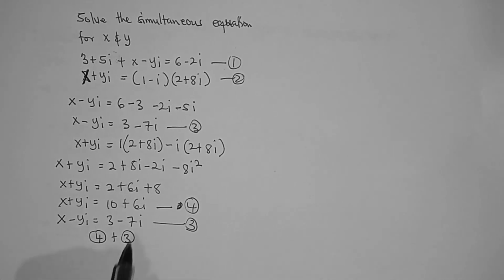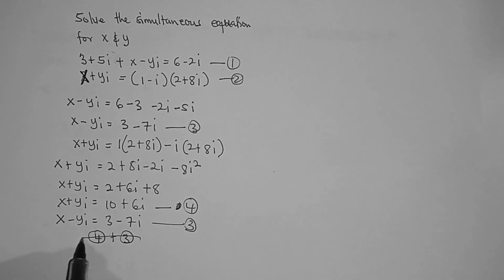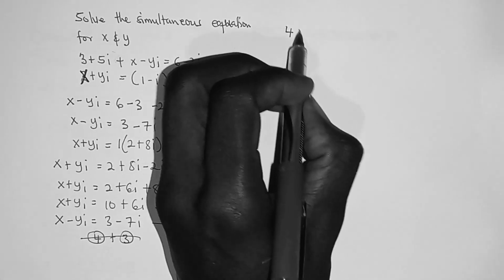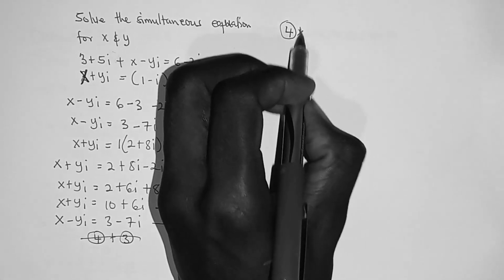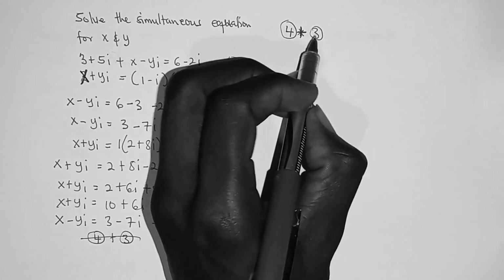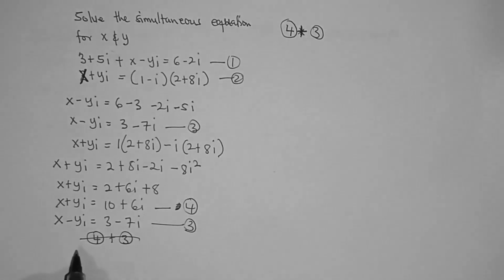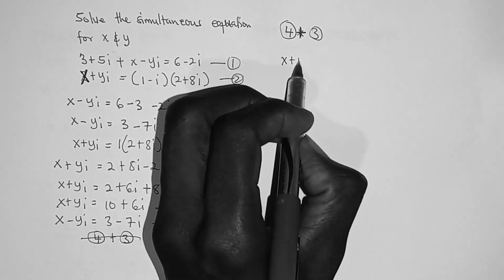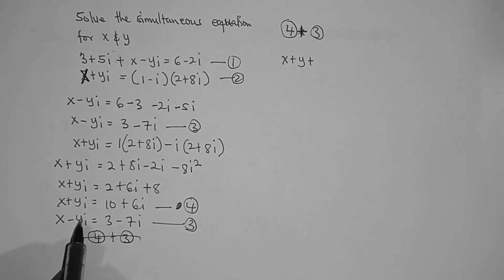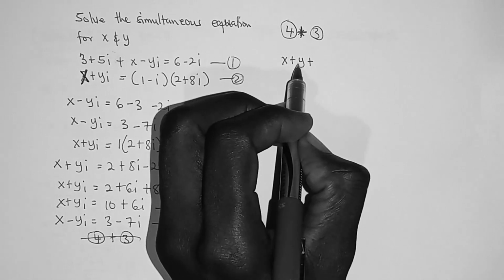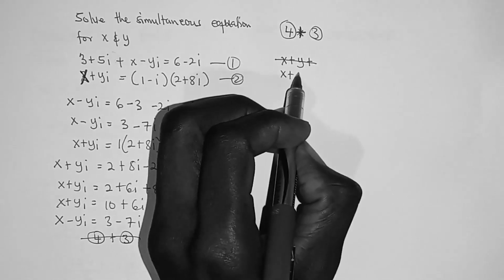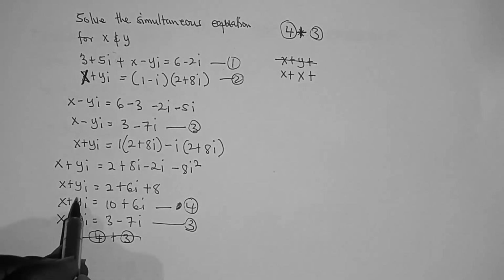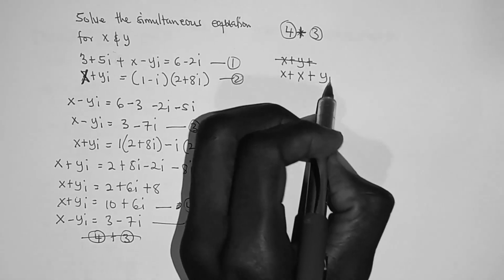Equation 4 plus equation 3. And this is equal to x plus x plus yi minus yi